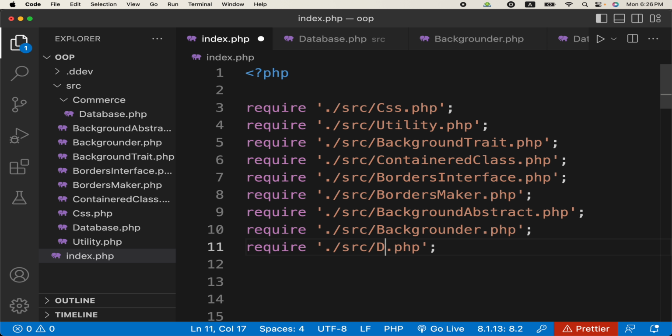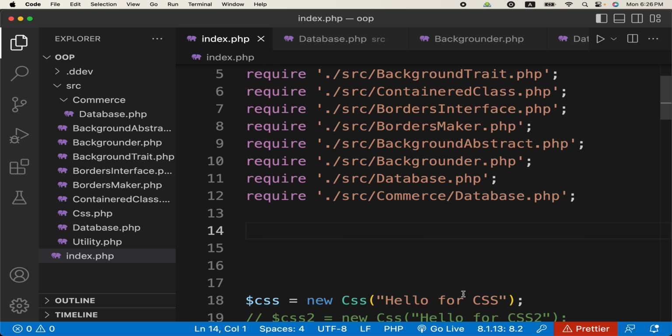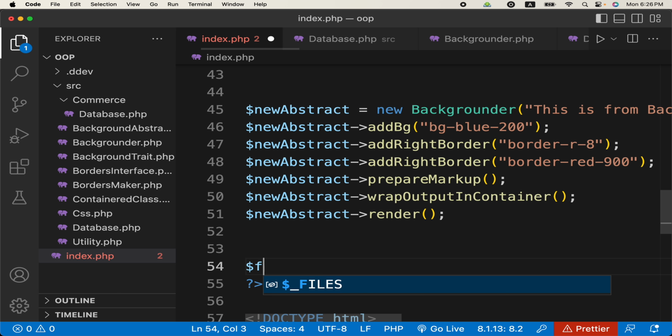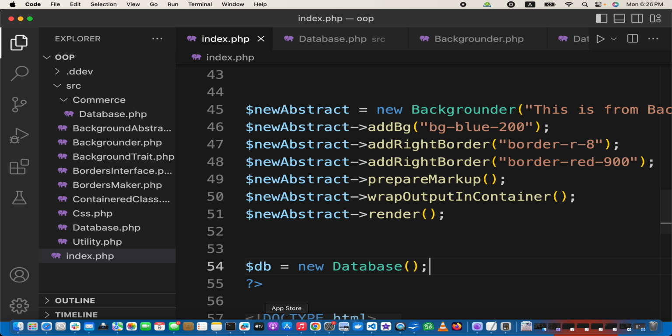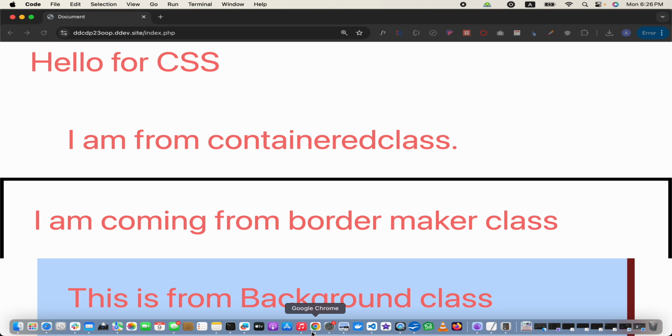This is database.php in the source directory, and then we have another one which is database.php but in the commerce directory, and you can have many such files in our code base. Now if I create a db class object of new database like this, and if we refresh the page,